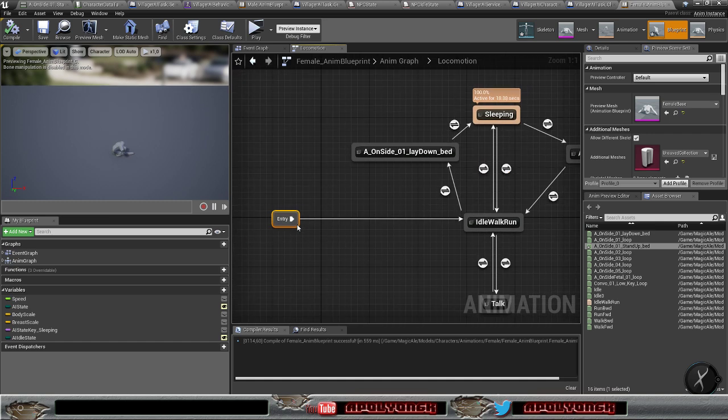Because from the entry, I'm going to idle walk run. But I don't have a condition here or transition here. Okay, so